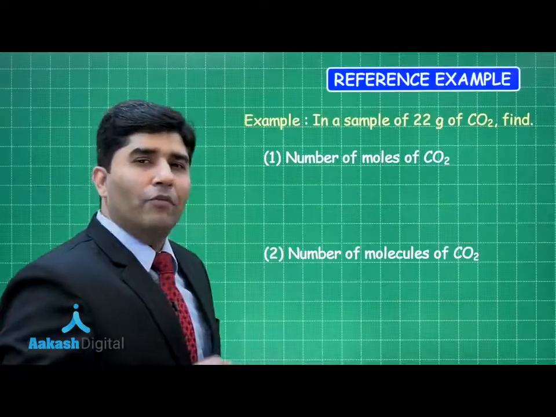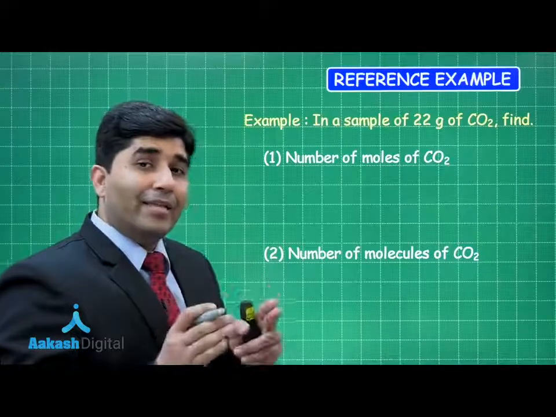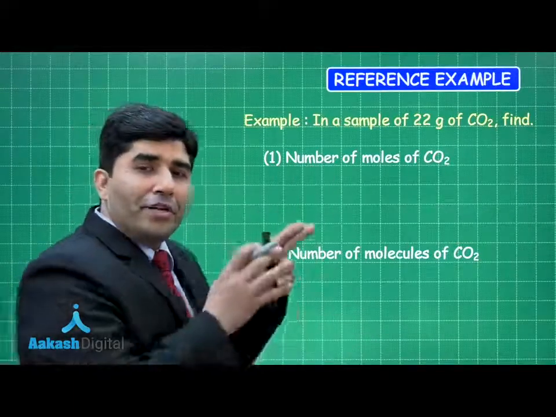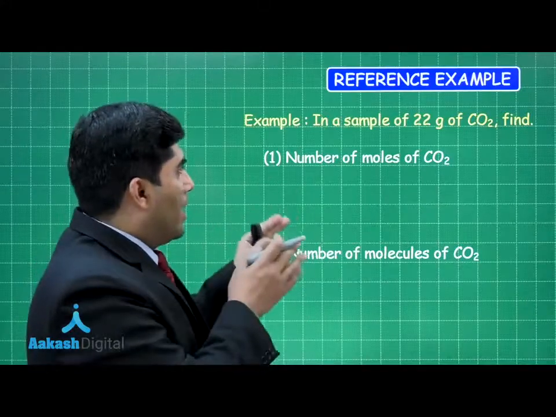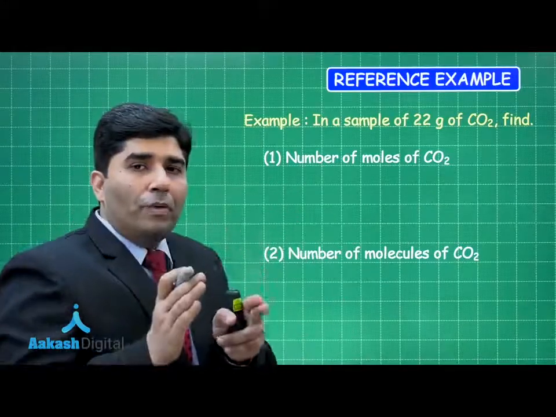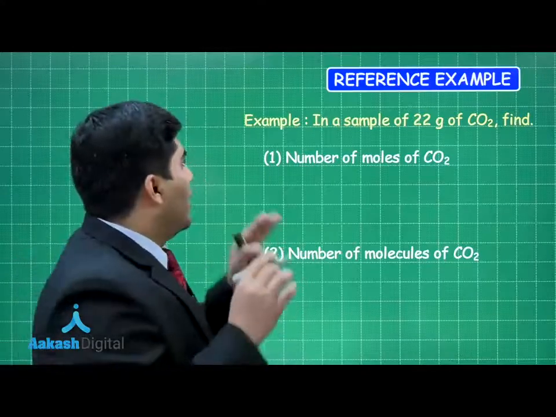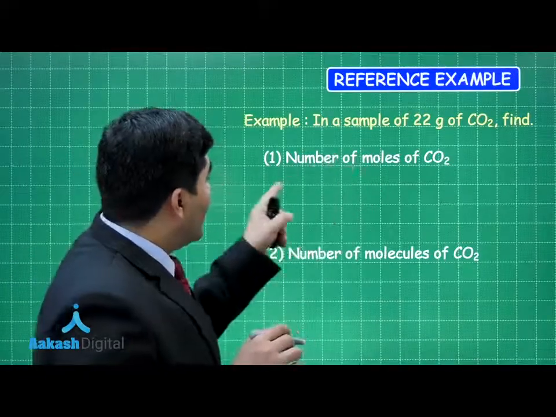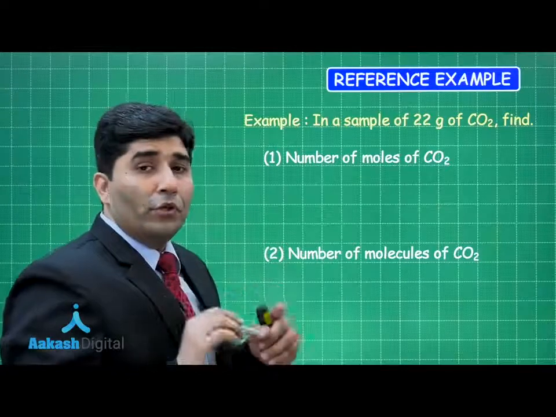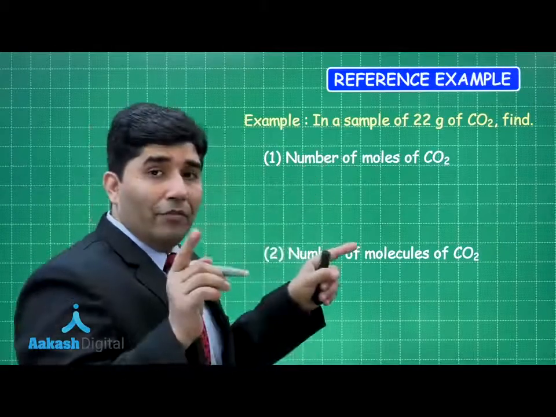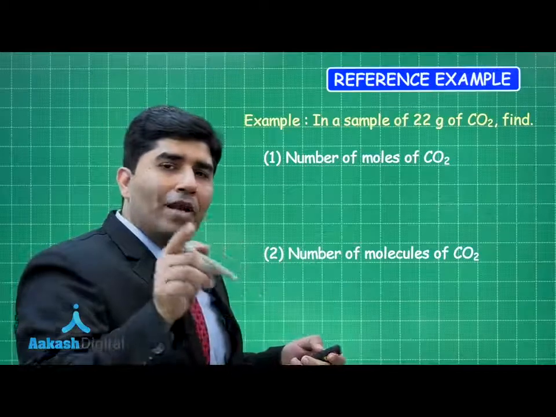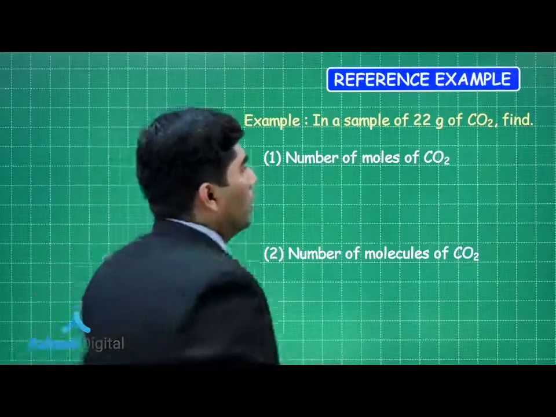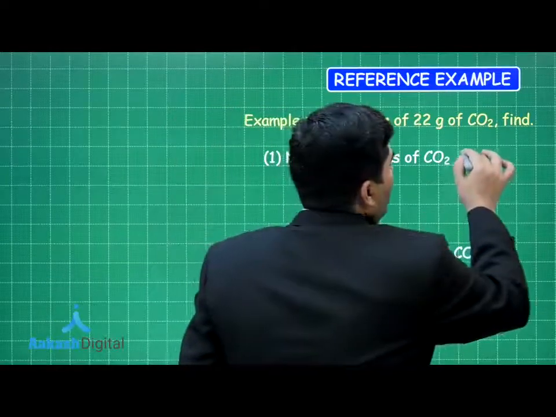So I am giving you one reference example. If you get stuck in any question in which one compound is given, you just refer to the solution of this example, and your problem will be solved, right? Now, in a sample of 22 gram of CO2, find first the number of moles of CO2. 22 gram is the given weight, and since the weight is given, we will apply the formula given weight divided by the molar mass. So, it will be equal to